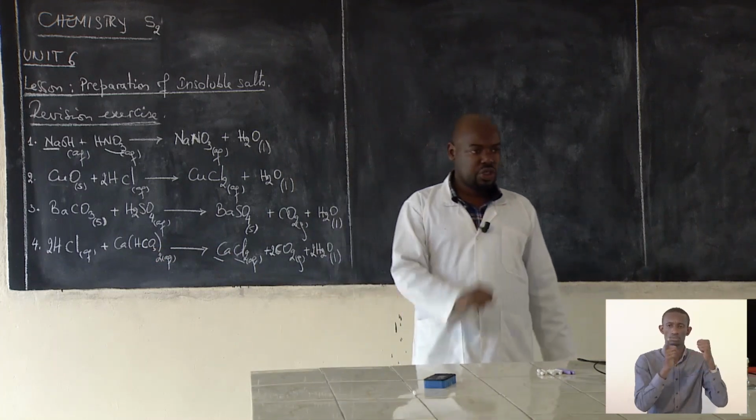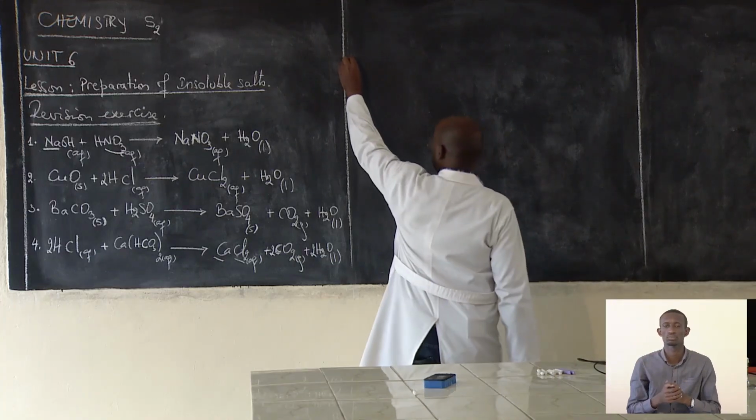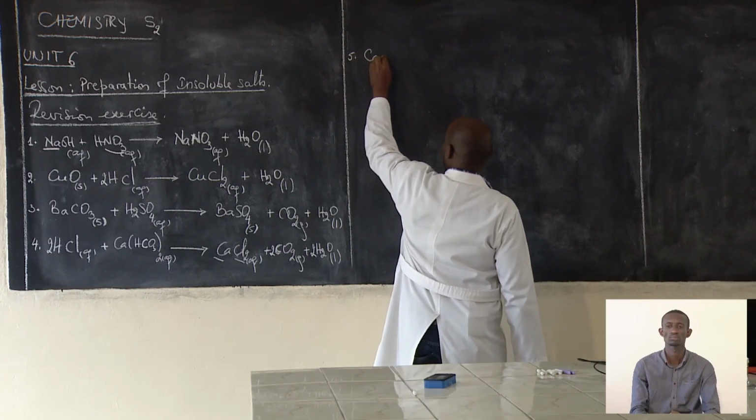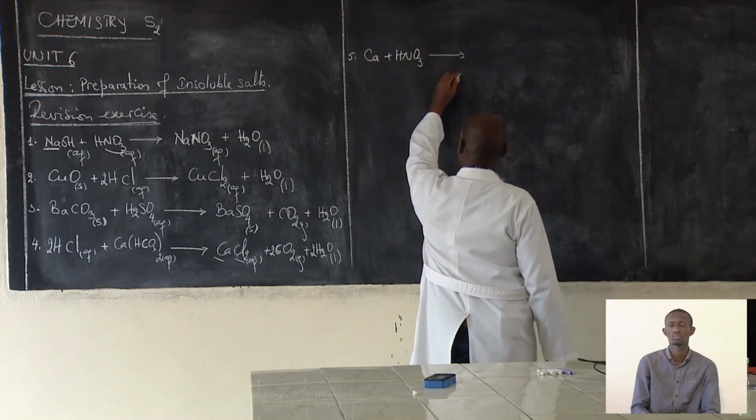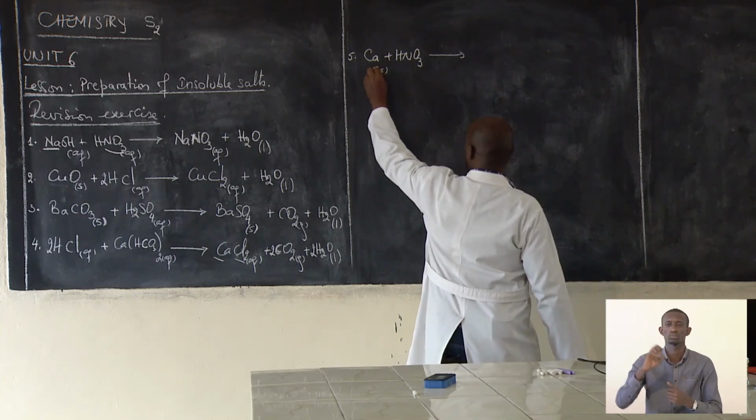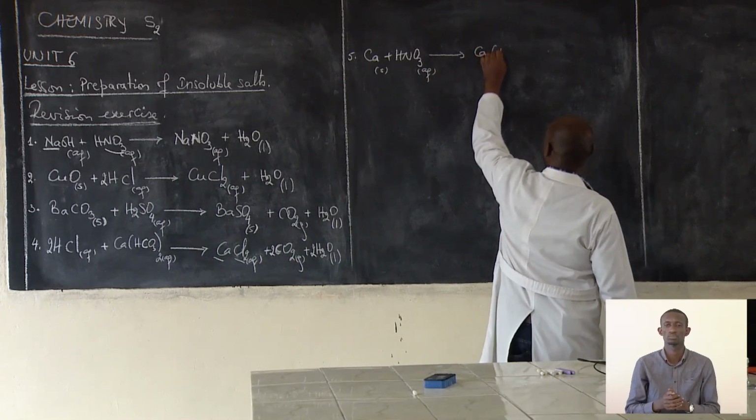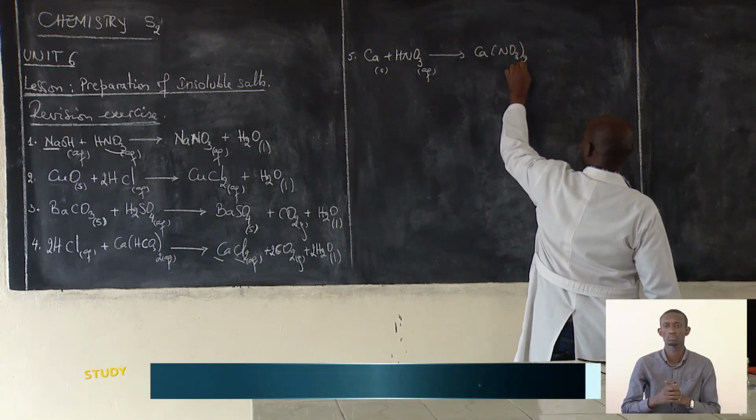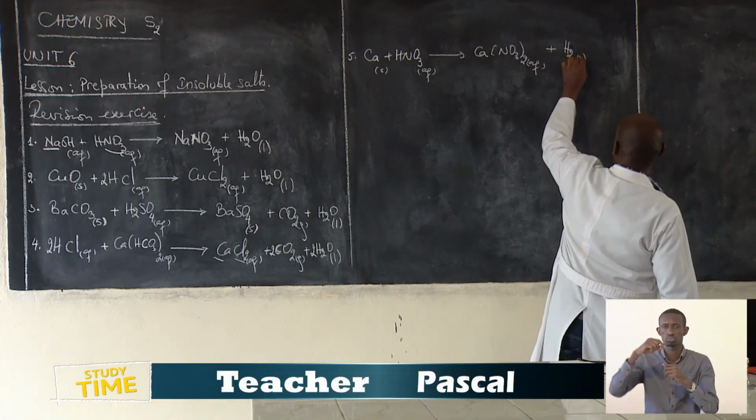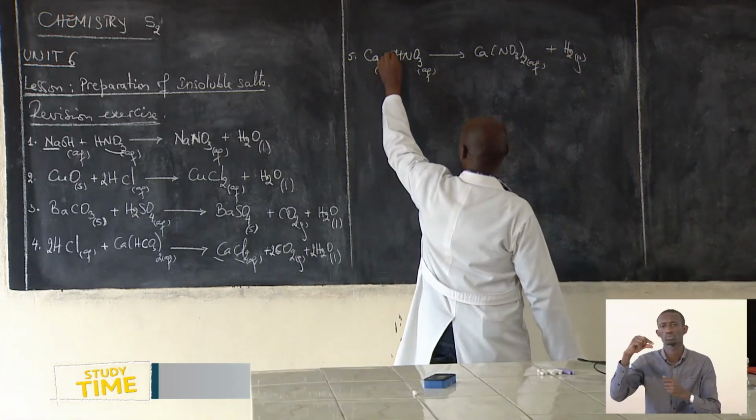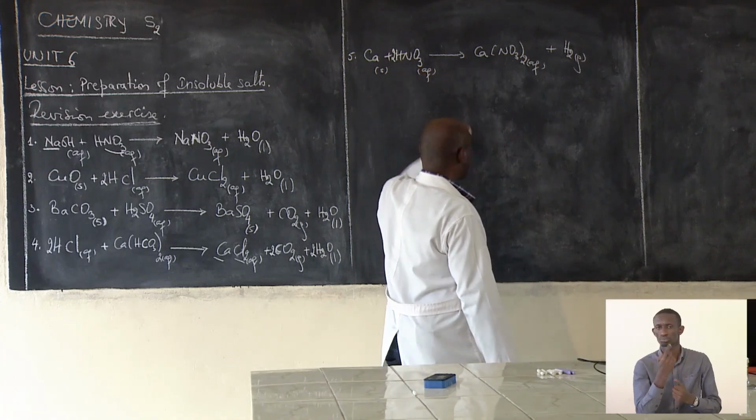And the last equation we have is calcium reacting with nitric acid, a metal reacting with an acid, a dilute acid. So a metal will be in solid state, aqueous, and we produce calcium nitrate, soluble, plus hydrogen. We know what we produce every time we use a single displacement reaction in which an acid